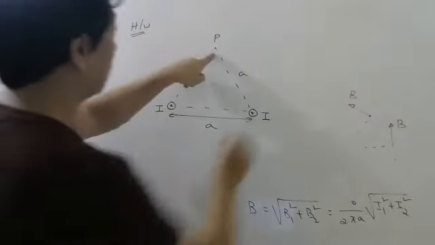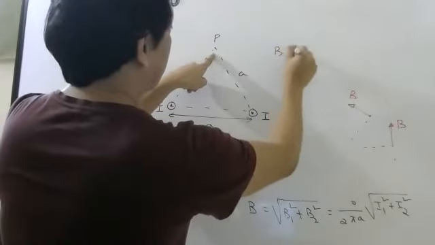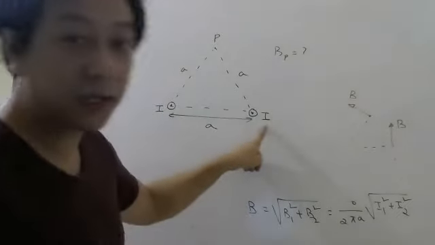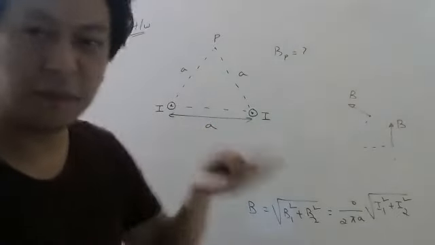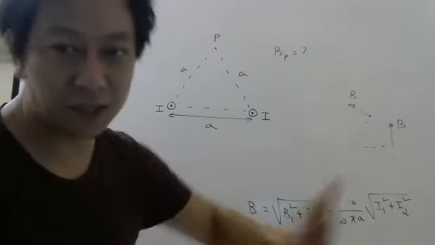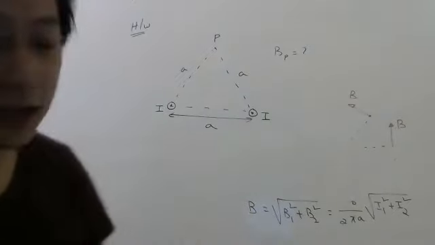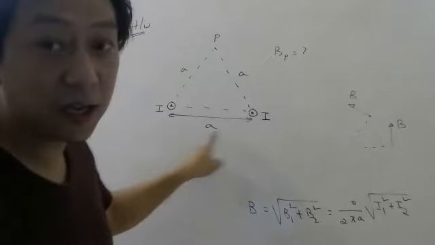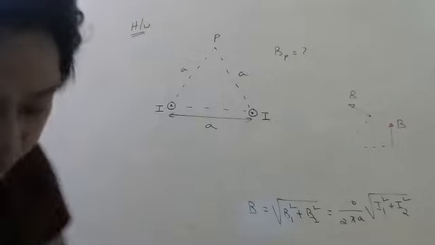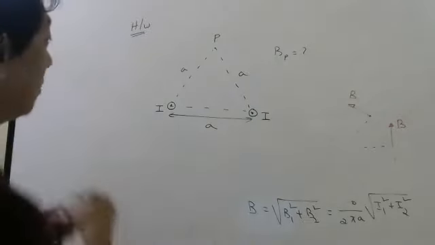So I want the magnetic field at this point. Okay, try this question. The answer should be in terms of I, A, and mu naught. Just like here, mu naught was there, pi was there. Those things can be there. But I want the final answer to be in terms of A and I. Both currents are the same.